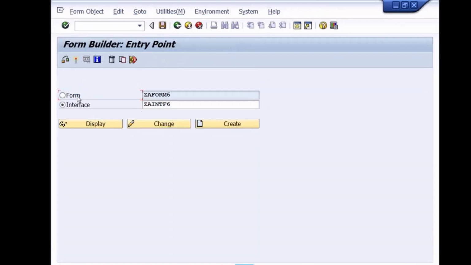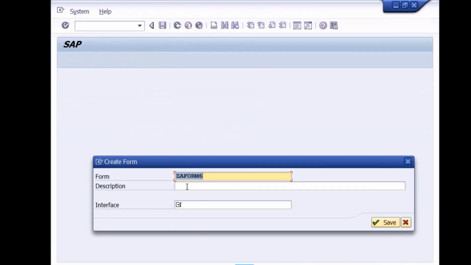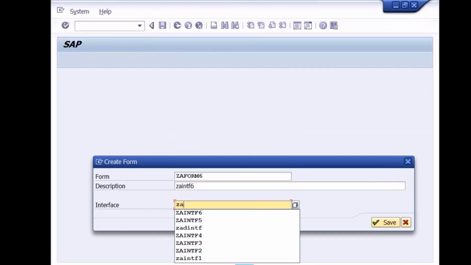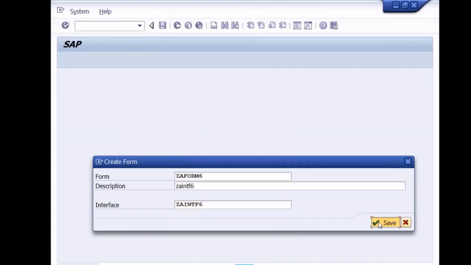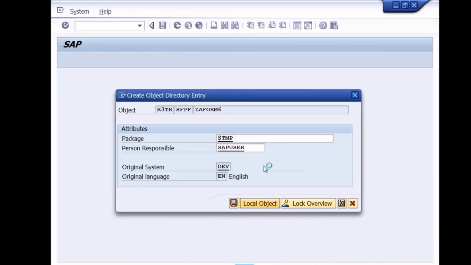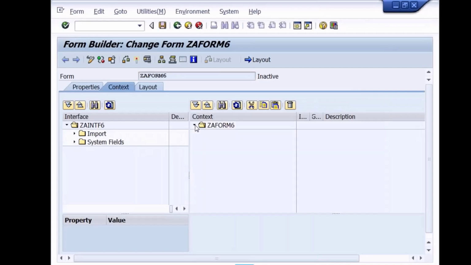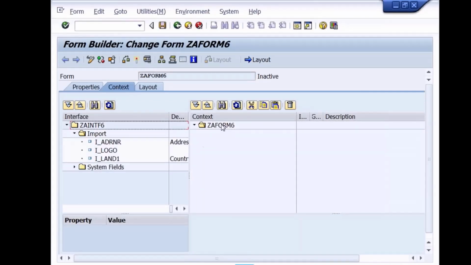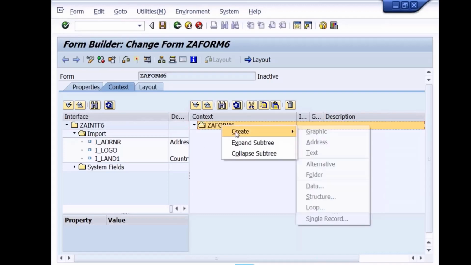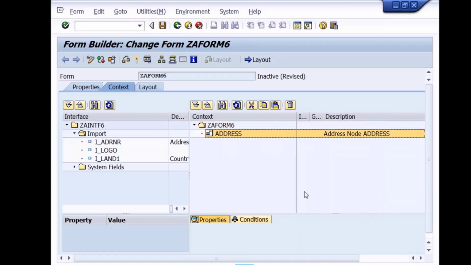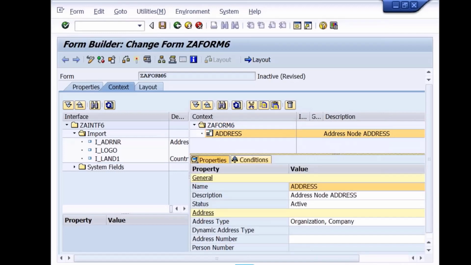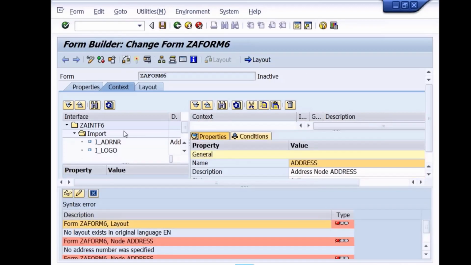I'll go back to Adobe Form, create this. Let us create it based on the interface, Adobe Interface 6. Save it. First, I'm not displaying them directly, so I'll right click on this and create an address object. Address object is created. When I do syntax check, I should get an error, yeah, no address number is specified.